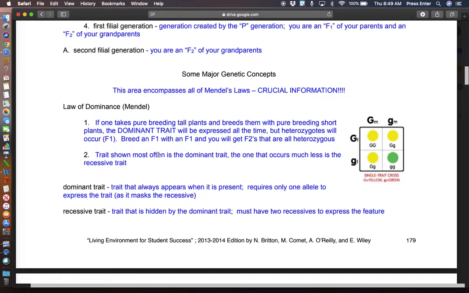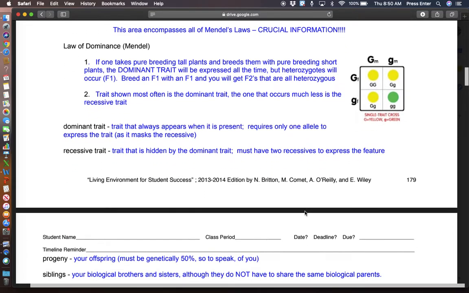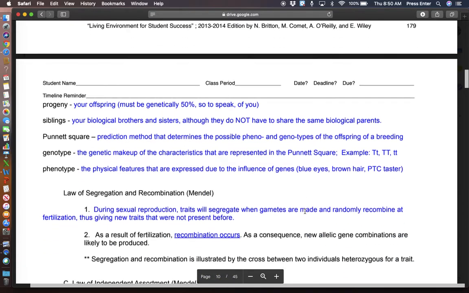Mendel's main laws, once again. First, the law of dominance. It says if the dominant trait is present, it will be expressed. That trait will most often be expressed. Dominant, of course, some people call it the stronger gene, and that's not really a good representation of it. It is just one that will be expressed more often than the recessive. The only way you're going to get the recessive is if you have two recessives, one from mom and one from dad.